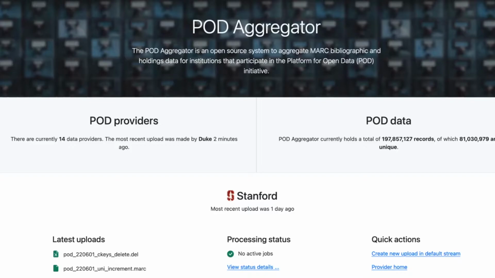My name is Corey Lown, and I'm a developer on the Access team at Stanford and tech lead for this workcycle. In this video, we're going to demonstrate the work we completed during our sixth and final sprint of this workcycle. Pod Aggregator is an open source system to aggregate MARC, bibliographic, and holdings data for institutions that participate in